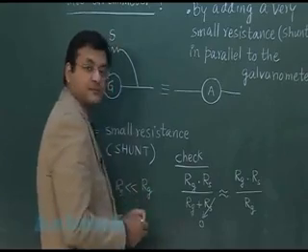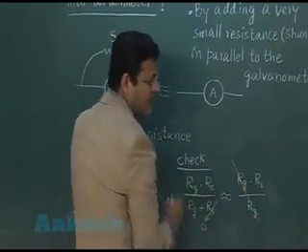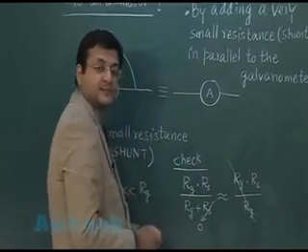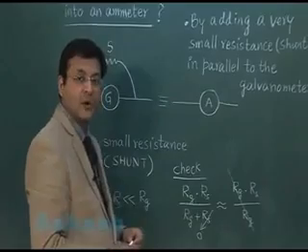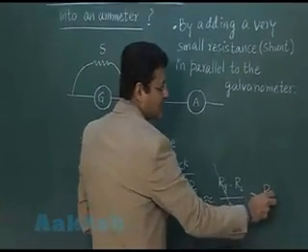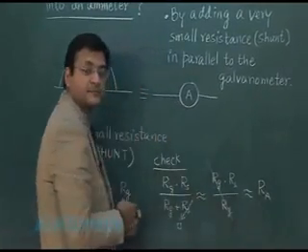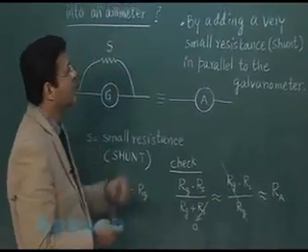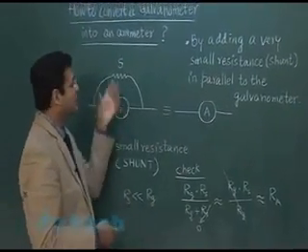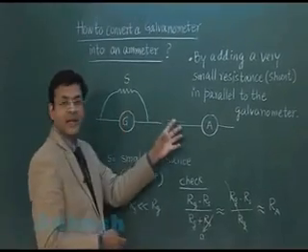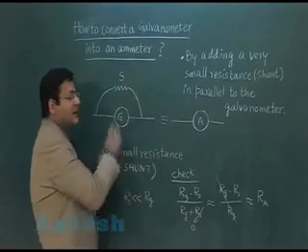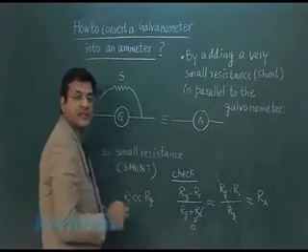And now what do you see? Now you see that these two can be neglected. This has become the resistance of the shunt, and that in itself is very small, and this now becomes the resistance of the ammeter. We were trying to check whether by adding a very small resistance shunt in parallel to the galvanometer, will it be making an ammeter? Answer is yes, because by doing this you have overall reduced the resistance of the entire